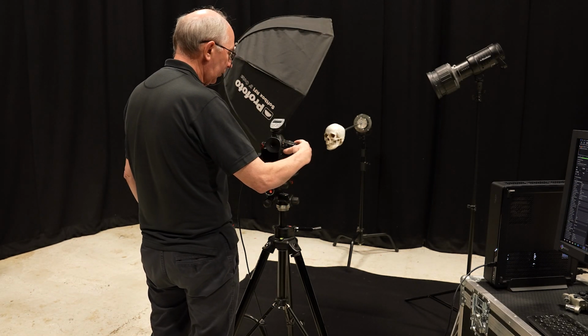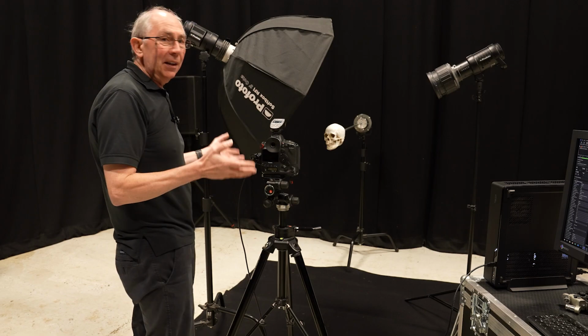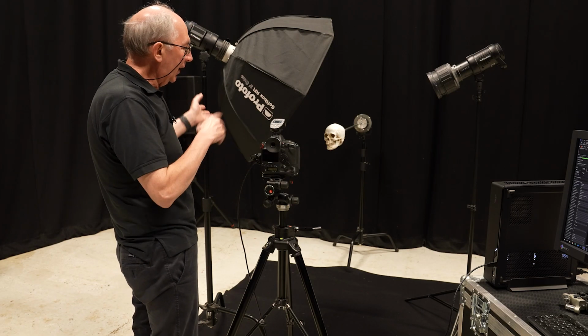Right, so we'll just give that a try. There, you can see that it's actually caused this highlight on the back of the skull, which is more or less what I wanted. If we go back to the original, this is what we had before, and that is what we've got now. The next stage would be just to do a full test with all the lights on,